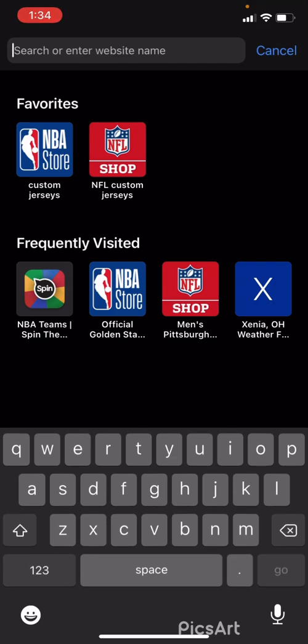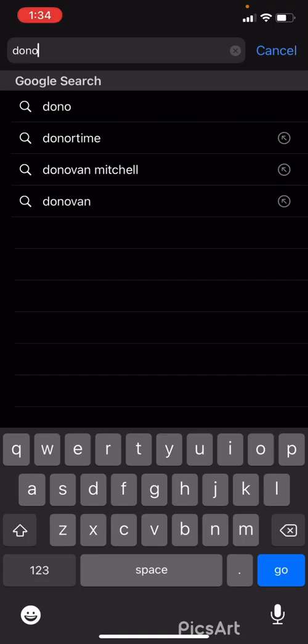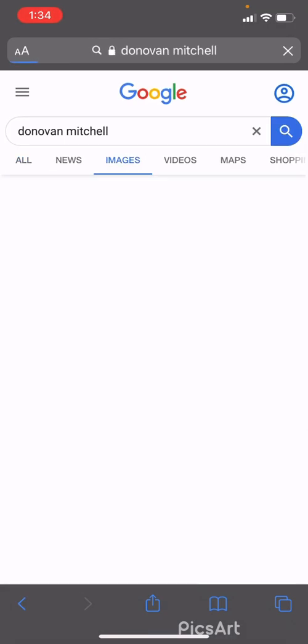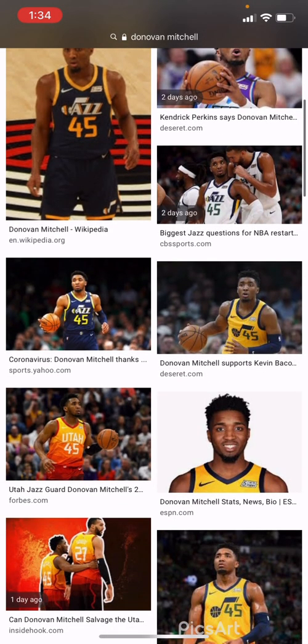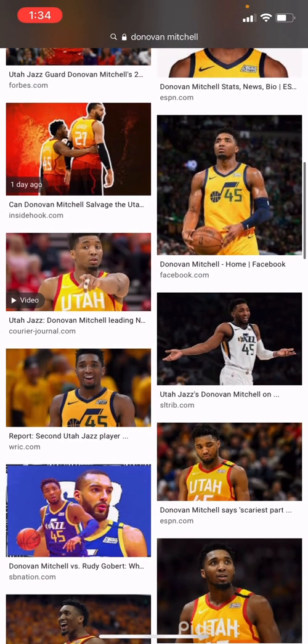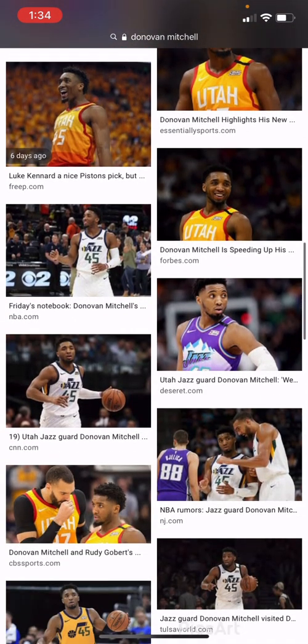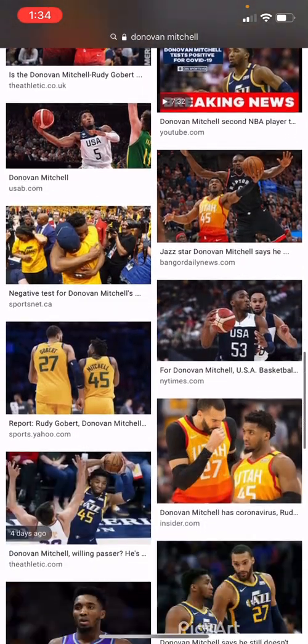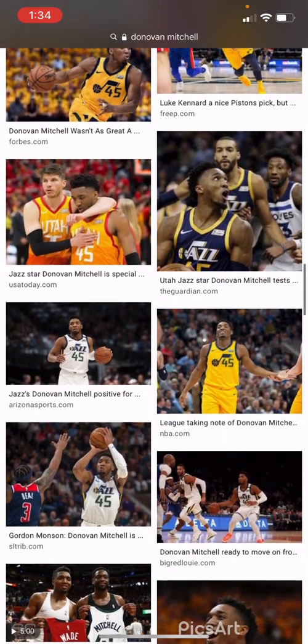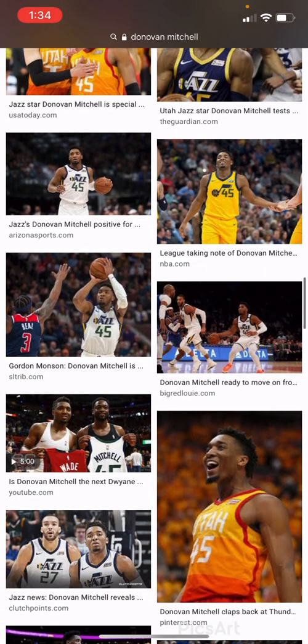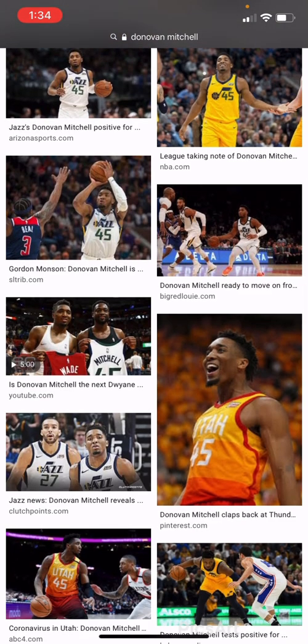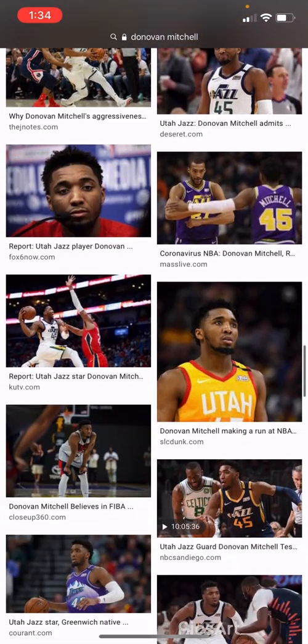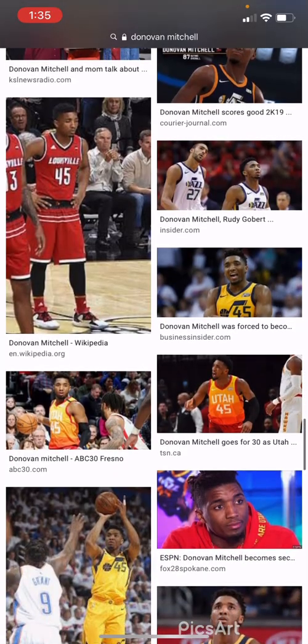So first off, you want to open Safari or Google Chrome, whatever browser you're using, and then you want to search up the player you're using. The player I'm using is Donovan Mitchell. And then once you search your player and look at the pictures, you want to find the right picture. And what do I mean by the right picture? Like the picture that you feel would be the easiest or would look the best to swap the jersey you're swapping them onto. So the picture I'm going to use for Donovan Mitchell is,